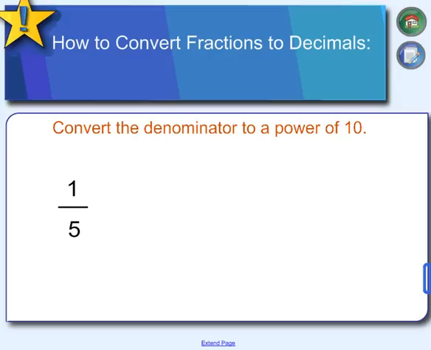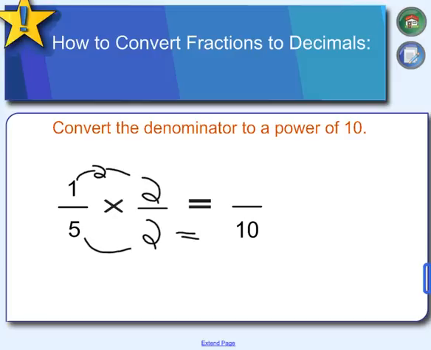So if I have 1/5, what I'm trying to do is find out what I can do to make an equivalent fraction that has a denominator of 10. Well, if I know that 5 times 2 equals 10, I multiply the numerator times that, and I have 2 tenths. 2 tenths can be,